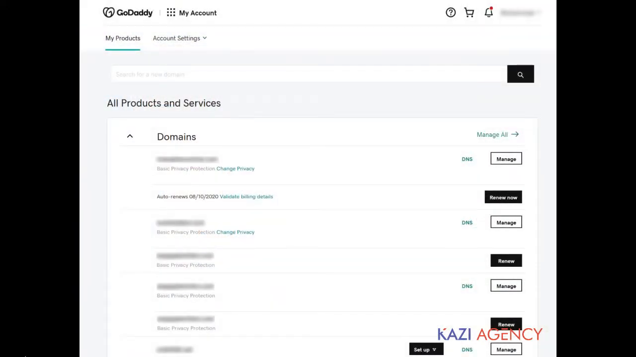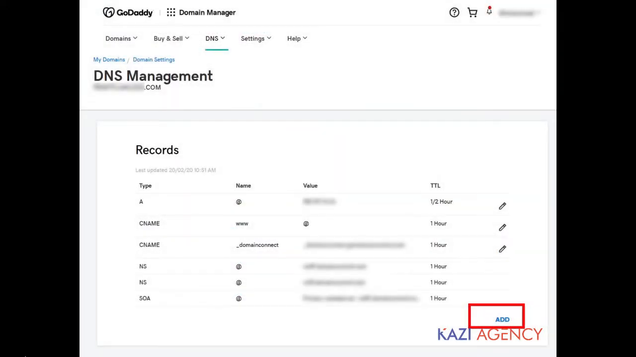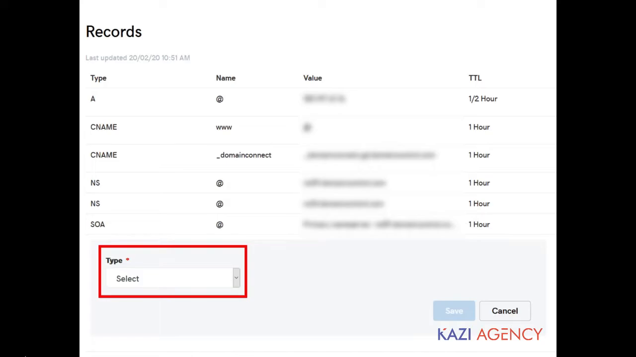Navigate to your domains list, and then click DNS on the domain you added into Mailgun. This opens a DNS management page. Let's click Add at the bottom to insert a new DNS record. The first addition we need to make is a TXT record. When you select TXT from the drop-down,